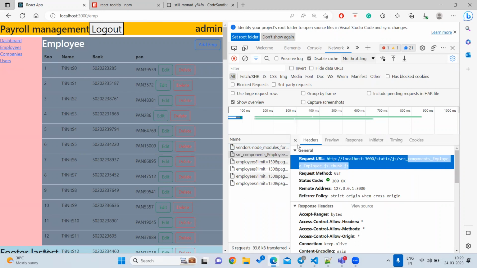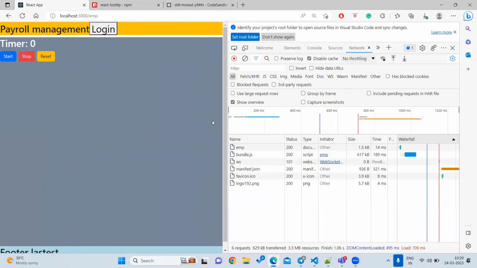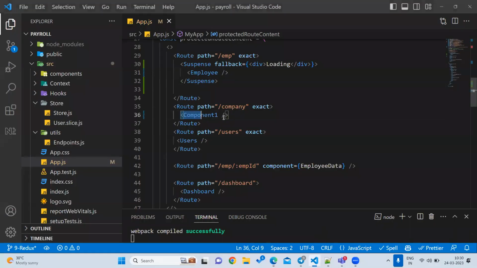Okay, so if you reload, I am going to reload it again. Please verify. I am going to reload the entire page. Whenever you reload your page, the earlier bundle size was there, right? Earlier it was some 670, now 617 is there. Like there is a difference. Like this, if you are going to add lazy loading for all other components,